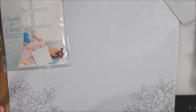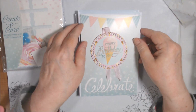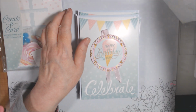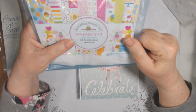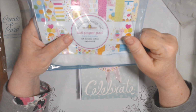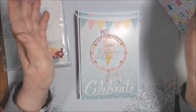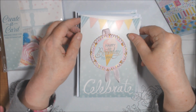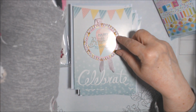I brought in some other products for most of them. So let me put these other ones over here. This is the first one. For several cards, you're going to be seeing me use some papers out of this Doodlebug Design Ink Hey Cupcake 6x6 paper pad, which I don't think I had used before, because I didn't see any papers out of it. Now it's used. And I used these Gina Marie